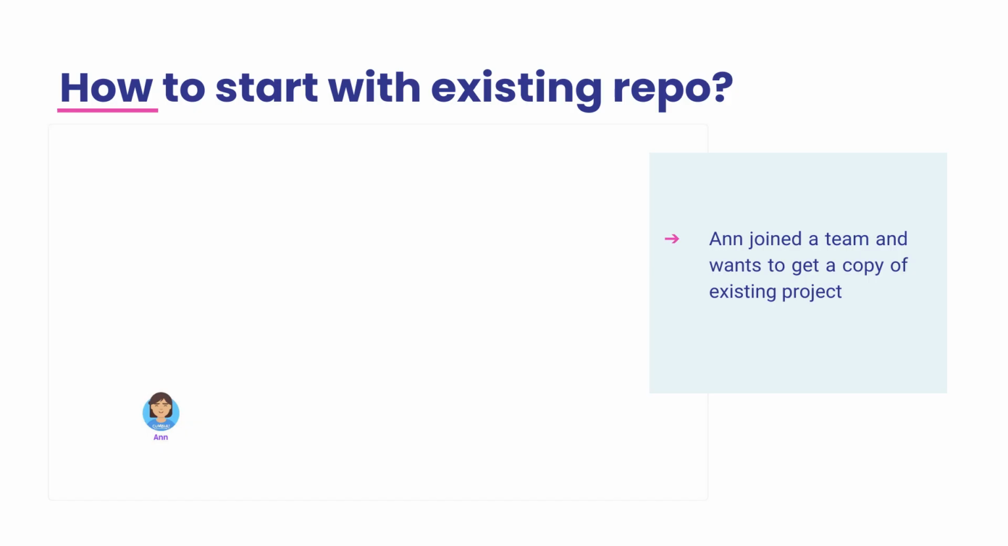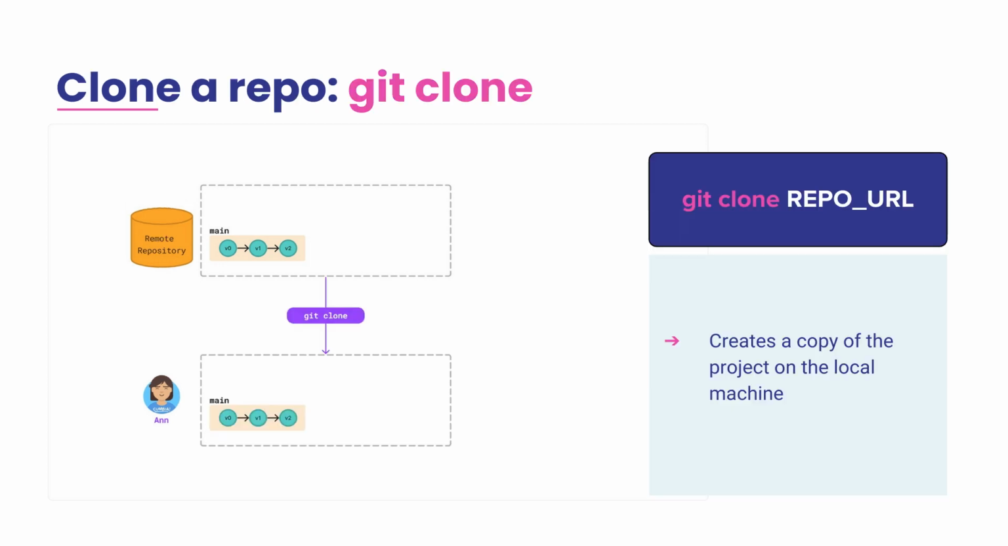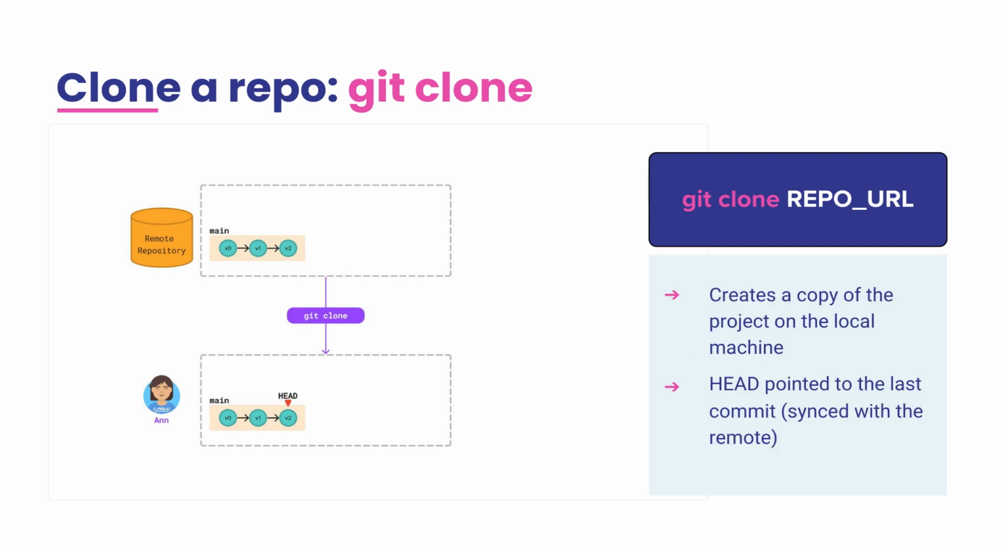ML engineer Anne joined a team and wants to get a copy of the existing project. The project's remote repository is located on GitLab or GitHub. With the command git clone, Anne creates a copy of the project on her local machine. To keep track of the tip of the current branch in the repository, Git uses a head pointer. At this moment, the head pointer is set to the latest commit, ensuring that your local copy is synchronized with